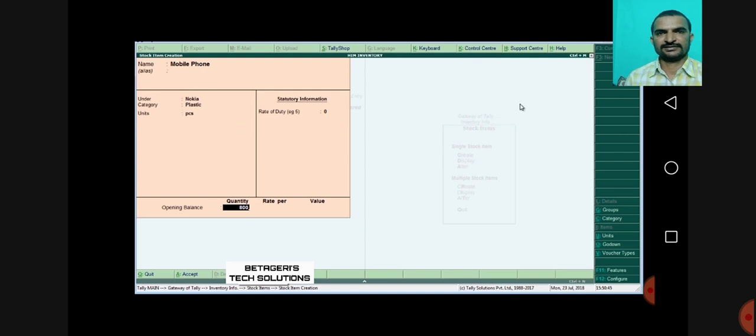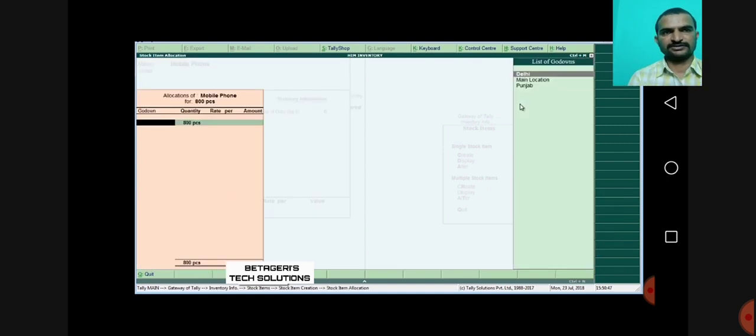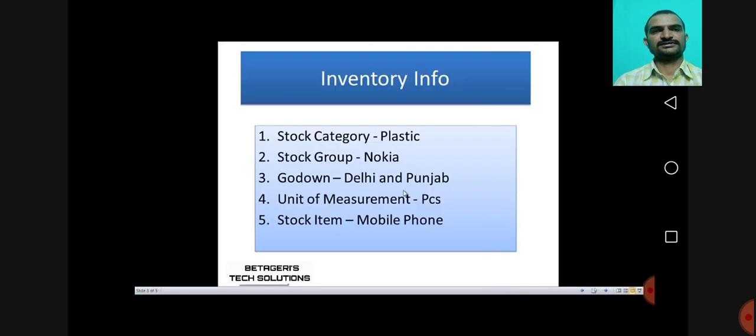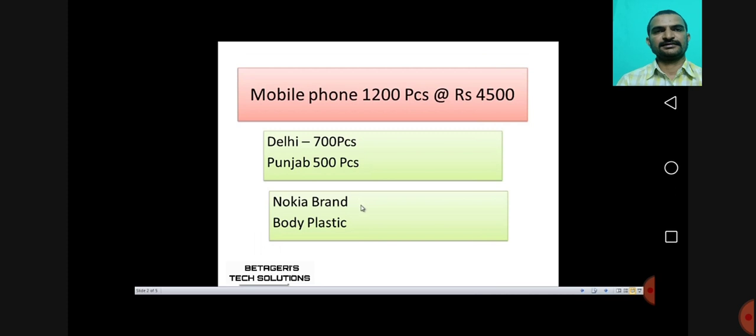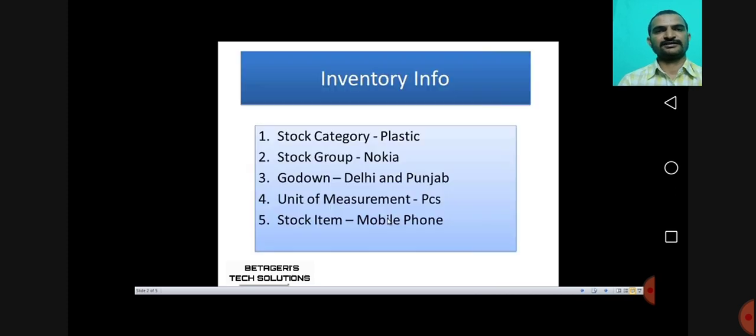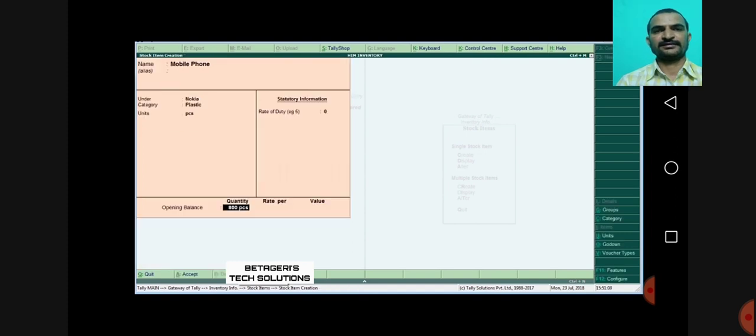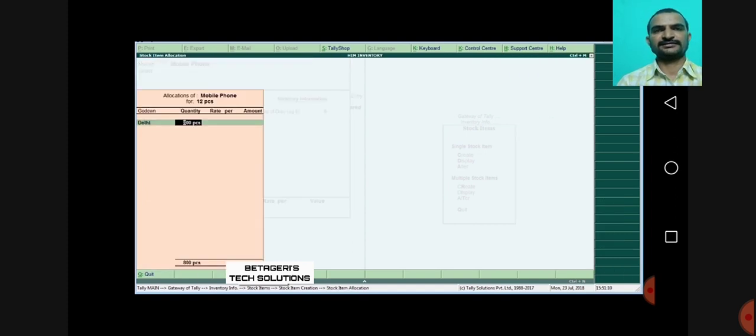Quantity: how many pieces are there for the two godowns? So let us see here: Delhi 700, Punjab 500, total 1200. So let us enter 1200 pieces here.